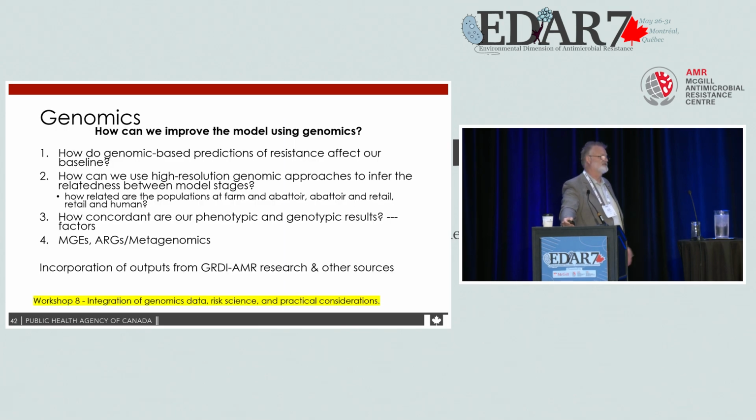And then a key thing, obviously, is how do we improve the model with genomics? Most of the inputs, especially the risk factor inputs, are based on phenotypic studies that use phenotypic methods. Do those translate to genotypic results, or if we have genotypic results now that are better at lumping and splitting the bacteria as they move through the food chain, the ones that tend to move on and the ones that tend to get held back, whereas phenotypically they all look the same. And so the odds ratios were calculated on groups at the different points that aren't necessarily the same populations, even though they might look like that phenotypically.